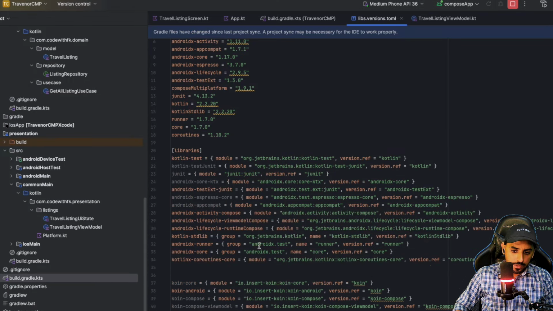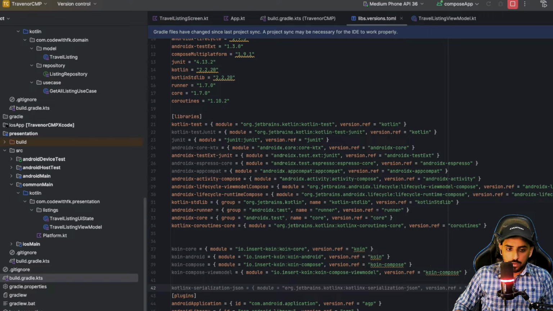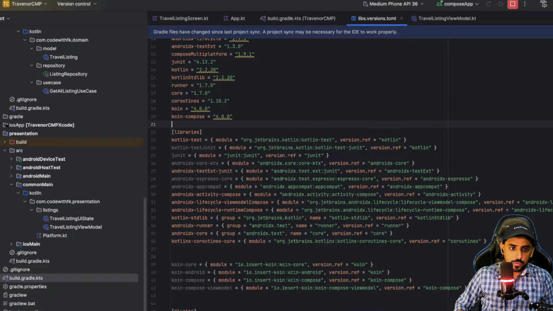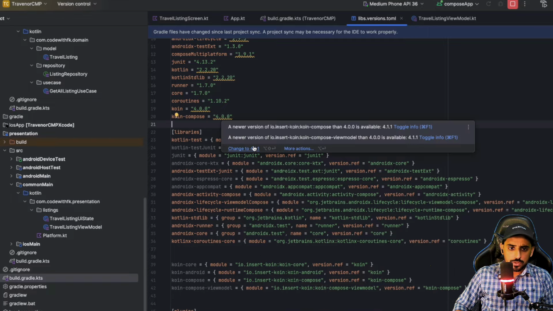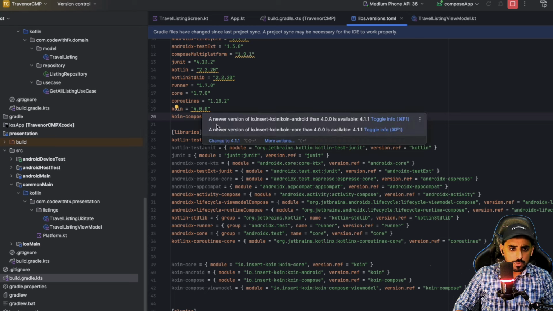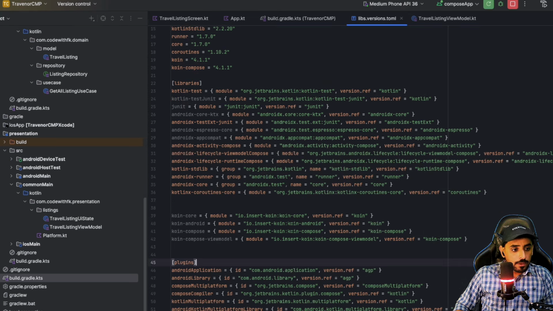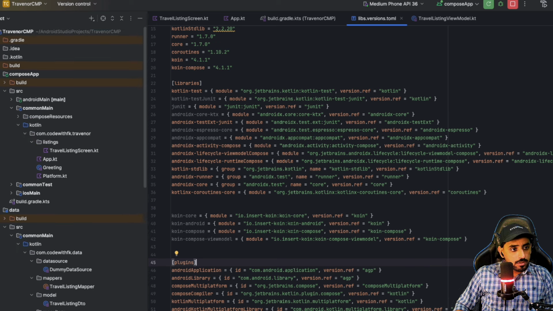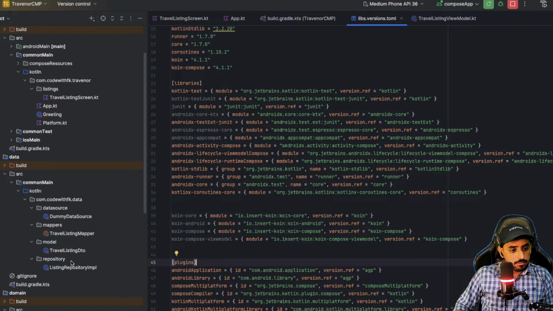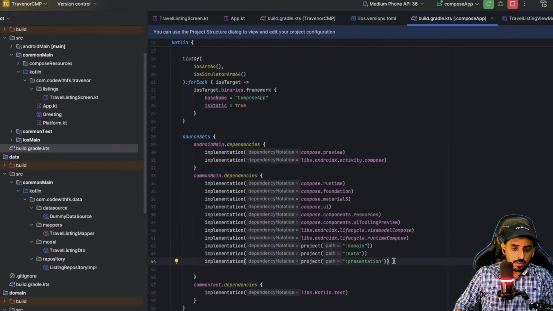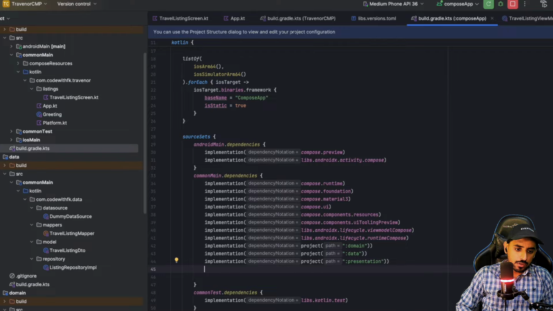Here are some dependencies that we'll be using, and we'll be using Koin Compose for this. I think there are some later versions, so just make sure that you use the latest one. I believe there should be no problem with that. Okay, so once you implement that, we need this everywhere. So over here, what we are gonna do is say